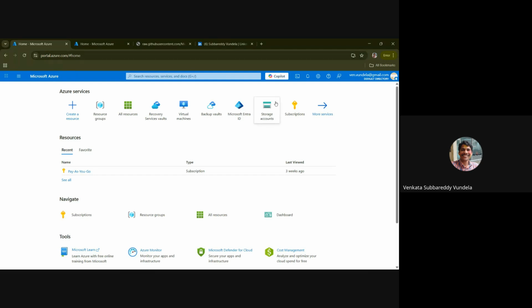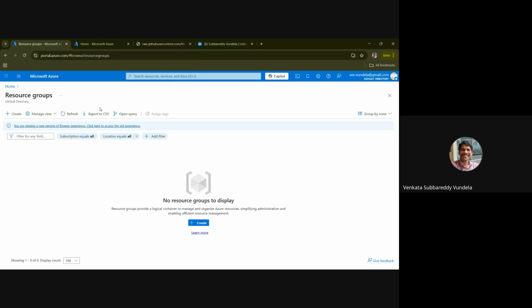Then you need to provide your credentials to log into that. I just logged in to save time. If you go and see the resource group, I said the first resource is the resource group. If I don't have any resources, we are going to create the three resource groups, and you are going to create the recovery service vault and the production environment.